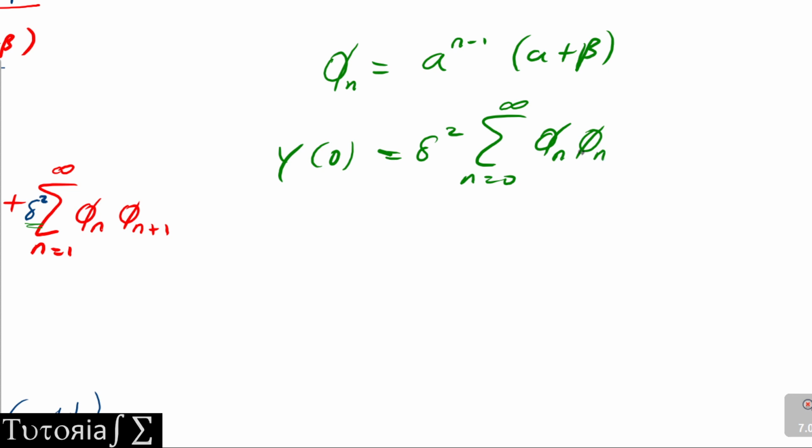When k is 0, that will be 0, so we remain with that. So this basically is the variance. Again, here we need to start from 0, so I can do this in advance. So we can say the sum from n equals 0 to 0 of